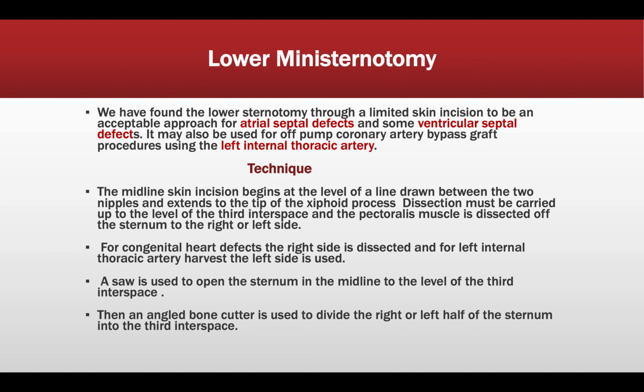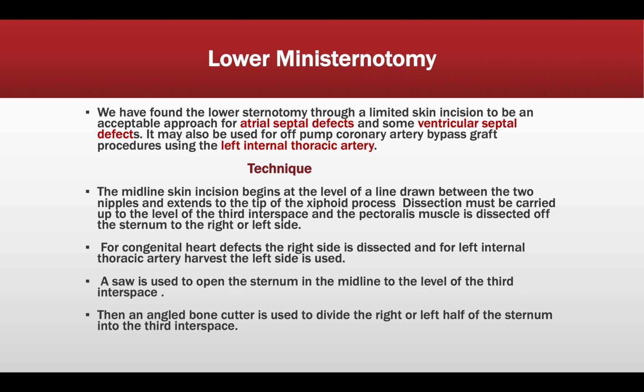Dissection must be carried up to the level of the third interspaces, and the pectoralis muscle is dissected off the sternum to the right or left side. For congenital heart defects, the right side is dissected, and for the left internal thoracic artery harvest, the left side is used. A saw is used to open the sternum in the midline to the level of the